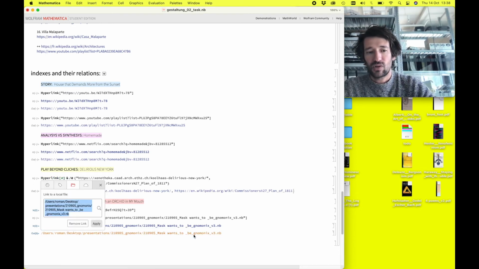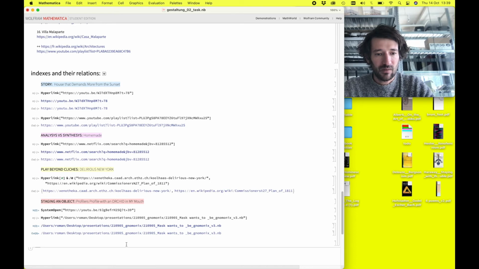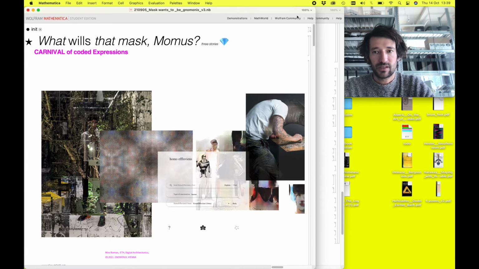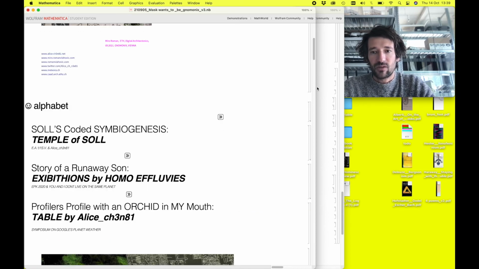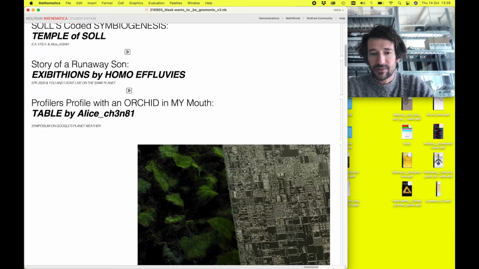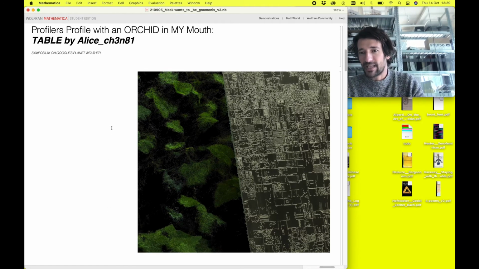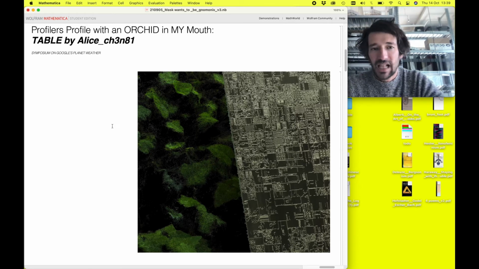And then just to show you how I was working with these things a little bit. Oh, here. So I have my own avatar, Alice. We will get to know her a little bit. So I did a story. It's called The Profiler's Profile with an Orchid in My Mouth. The title comes from the way the Baroque paintings were called. So this is Margarita Teresa in a Red Dress. Something like this. And then Alice, we have a complicated relationship with Alice. I will not go into detail, but just to show you the kind of images I was interested to do